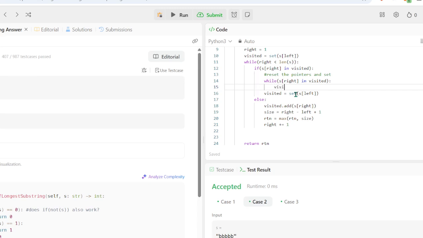So visited dot remove S at index left, plus equals 1, right plus equals 1.